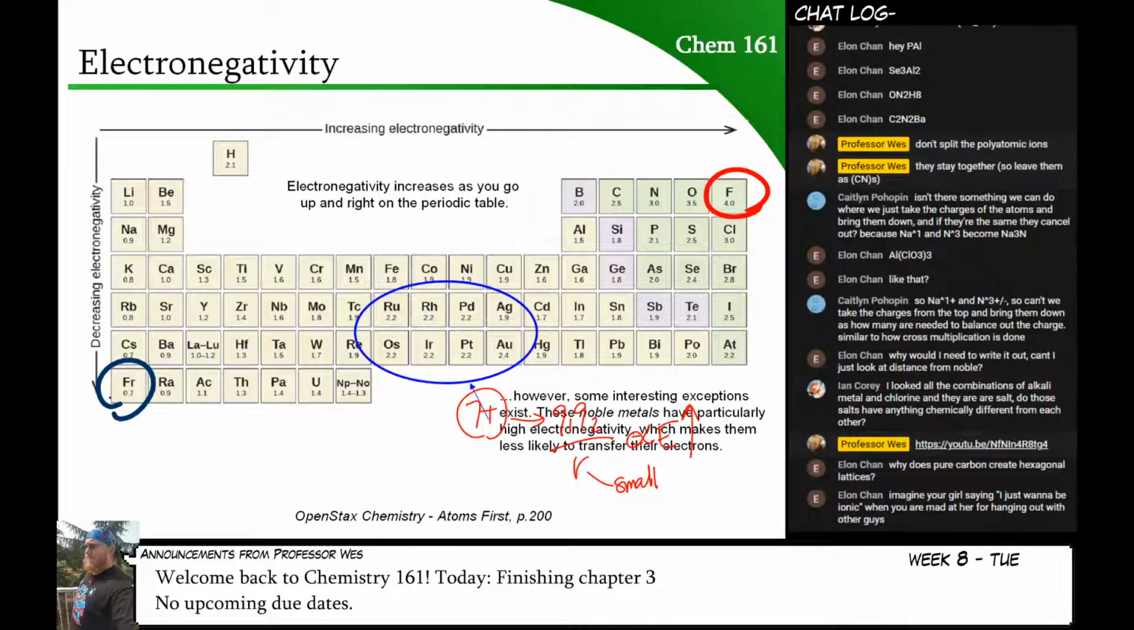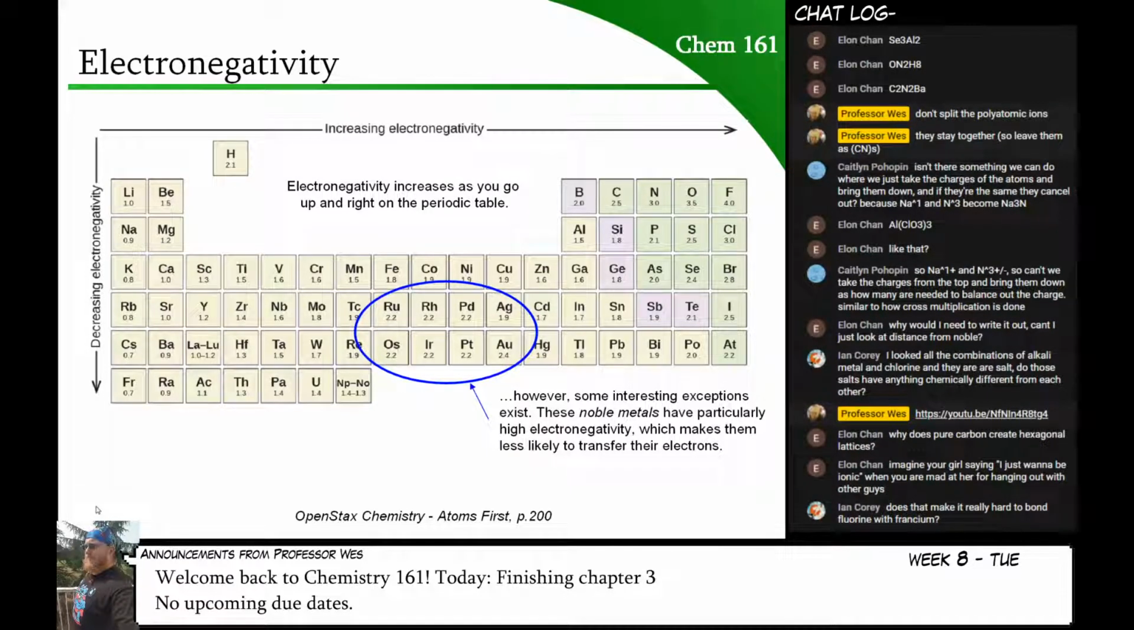Now, there are some interesting parts of the periodic table that occur. In the center here is what are called the noble metals. You might have heard this expression before. The noble metals resist